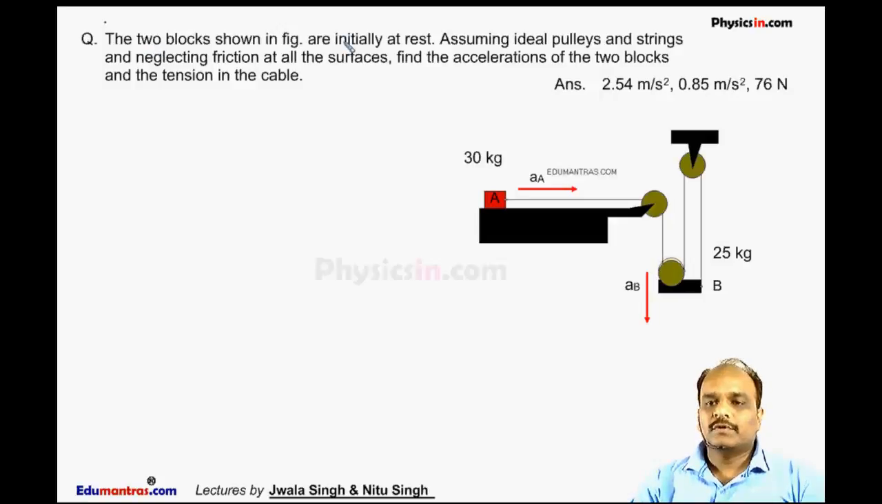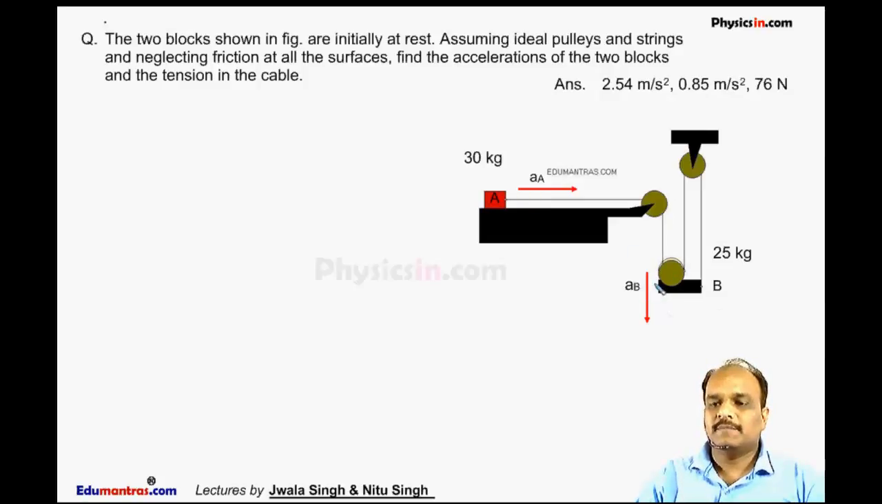The two blocks shown in the figure are initially at rest. Assuming ideal pulley and strings and neglecting friction on all surfaces, find the acceleration of the two blocks and the tension in the cable. Now here we will see, let the acceleration of this block be A and the acceleration of